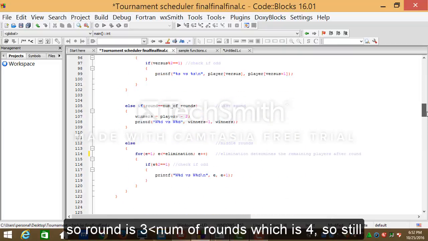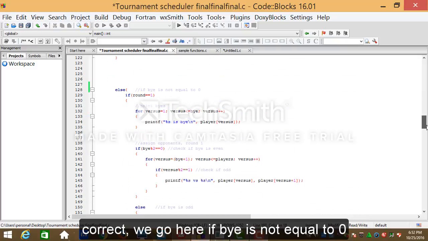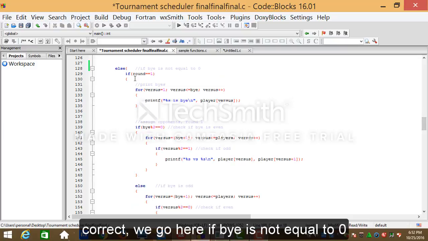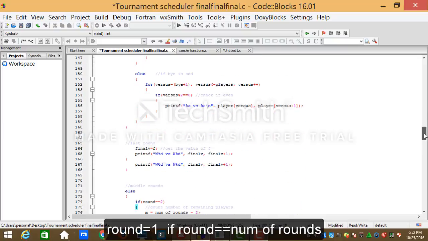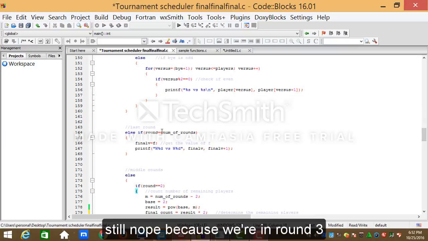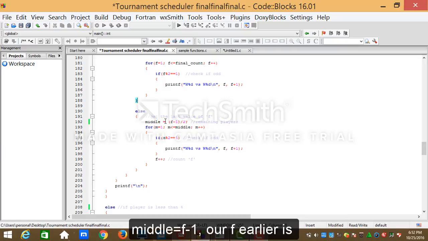So round is 3, less than number of rounds, which is 4. Still correct. We go here, if by is not equal to 0, round is equal to 1. If round is equal to number of rounds, still nope, because we're still in round 3, so we go here. What if round 3? Middle is equal to F minus 1.